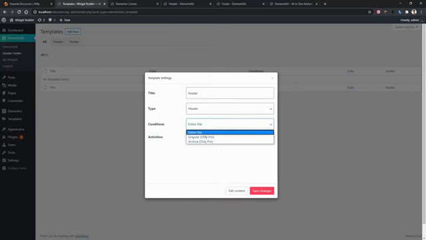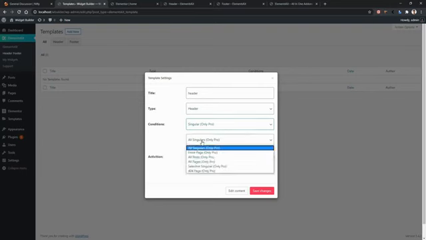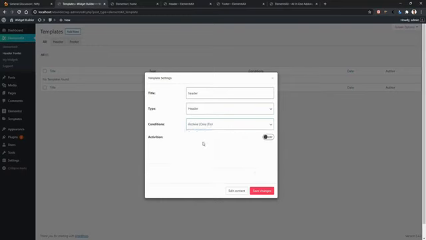Or if you want to use it for any specific page, at that time you need to select singular and you'll have another input. Open that and you'll have more options, like do you want to use it for all singulars, front page, for the post, 404, etc. You can also use it for archive pages. In my case, I want to select entire site. Now activate, save changes,